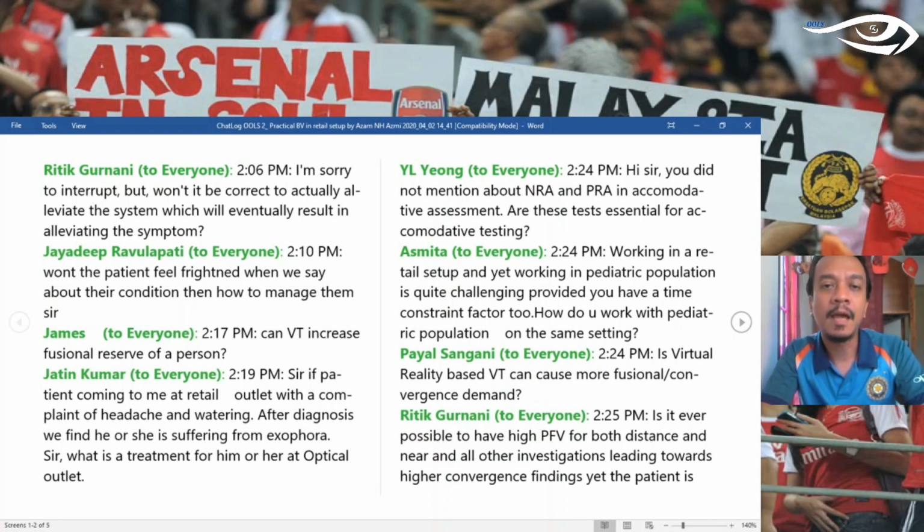So until I have enough evidence to say that VR will work indefinitely in managing patients with vergence or accommodative disorder, I will reserve my